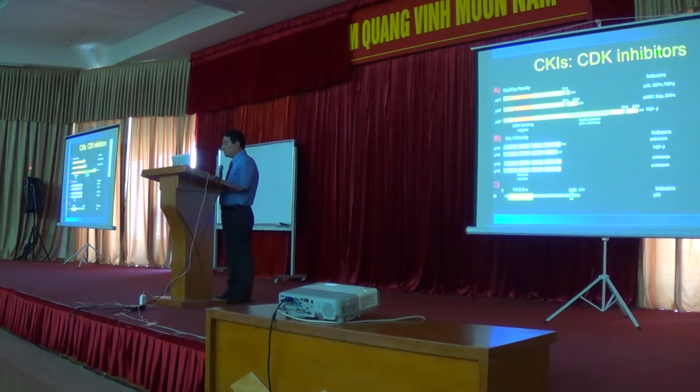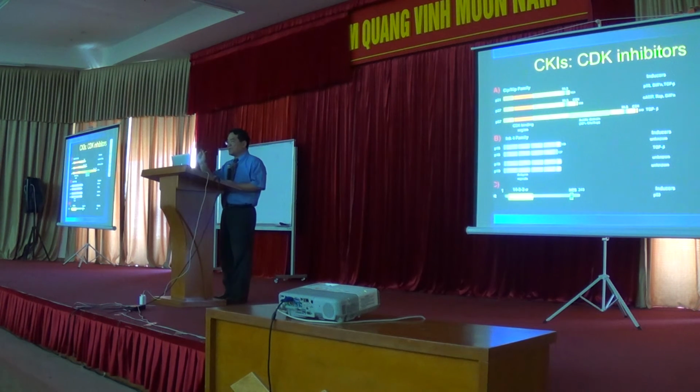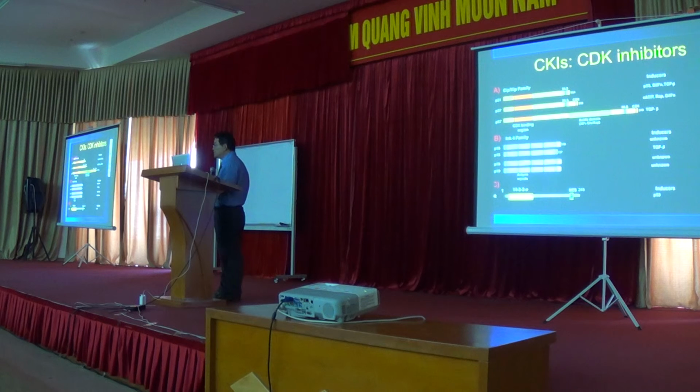Okay? Another group, which we're going to talk about quite a lot, is called the CIP/KIP family, and they have P21, P27, and P57. Again, they are structurally related because at the N-terminal end, they have this CDK binding motif. Again, this group of CDK inhibitors is induced by various signals. For example, the most important and critical one is induced by